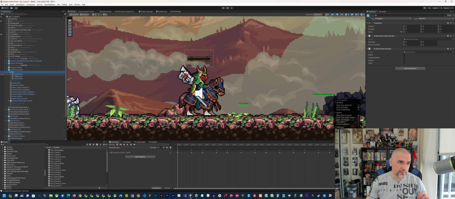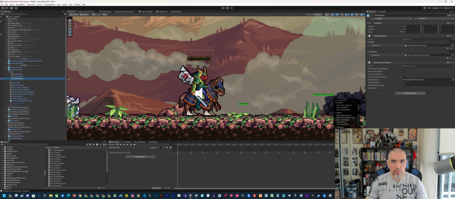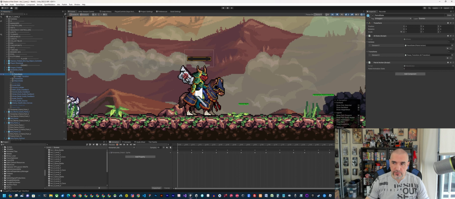So basically what these game objects are doing is they're allowing this enemy character to transition between different states. He's going to transition between patrol to chase state, and then from chase state to attack state. And then from the attack state, he can either go back to a chase state or to his original patrol state, right? So if I click on the patrol state game object, you'll notice here that we have an AI